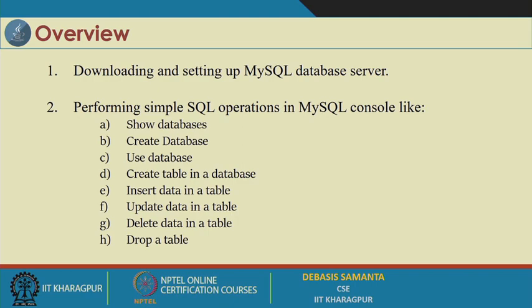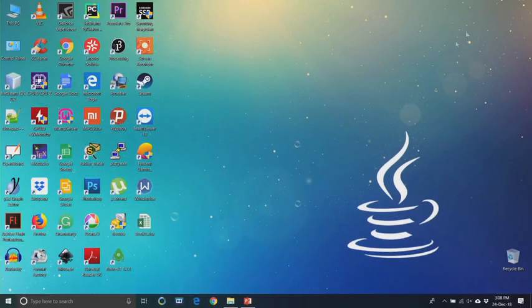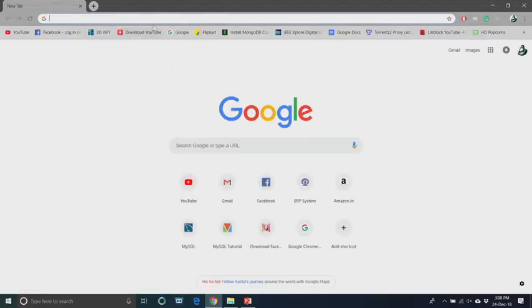Initially we will consider console-based access, and later, in another session, we will demonstrate how the same can be done through the JDBC driver. So now let us have the demonstration of the MySQL database server installation on your own machine, be it a laptop or a PC. We are going to consider the installation on a Windows system. However, the procedure and steps are basically the same for any other system.